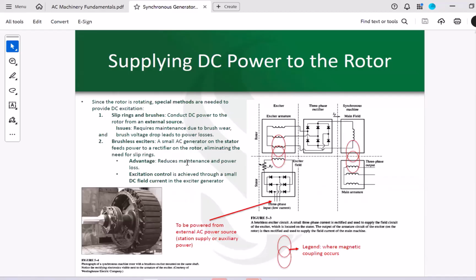And if you think about it, that's not going to be a very easy task because the rotor is rotating, and at the same time, you're going to provide some power to it, right? So how would you really do that? So the first or the older method of providing that is through slip rings and brushes, like what we did